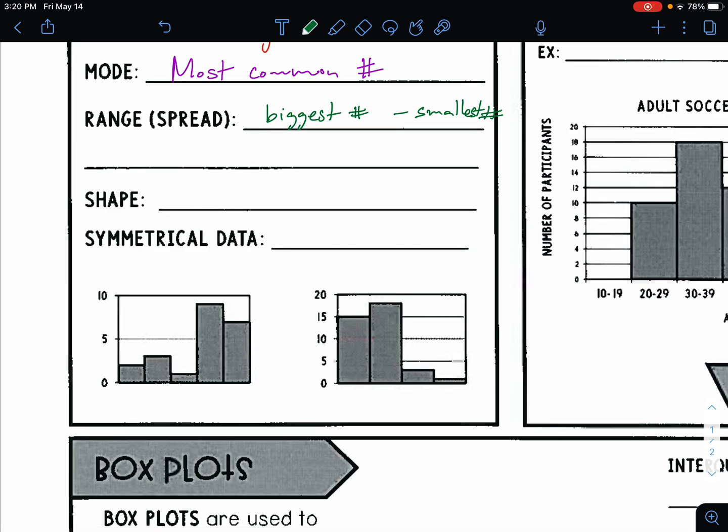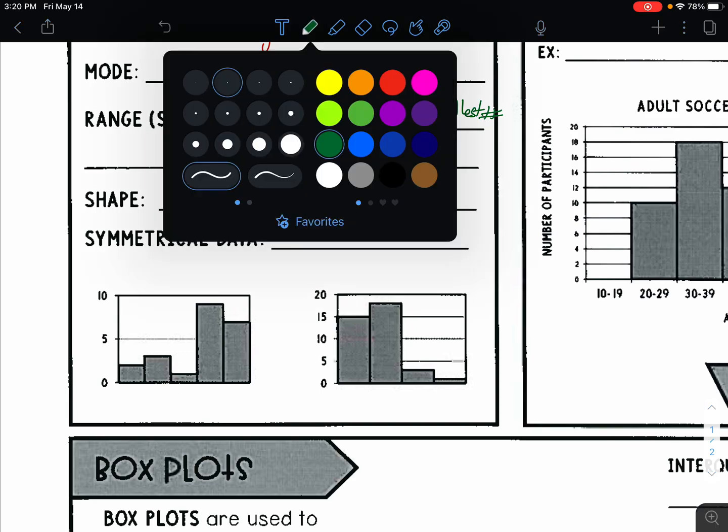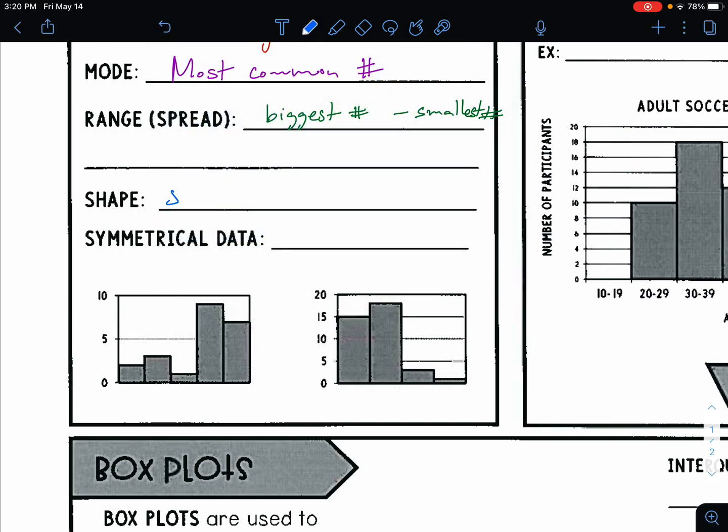Shape. Shape describes a graph. So the two terms you'll hear regarding shape is either symmetrical, which is even on both sides, roughly even, and that kind of looks like that if you were to shape a graph. Or it could be skewed, and it could be skewed left or skewed right. So symmetrical or skewed. Symmetrical data has data evenly balanced, evenly spread along or around the median, the center,